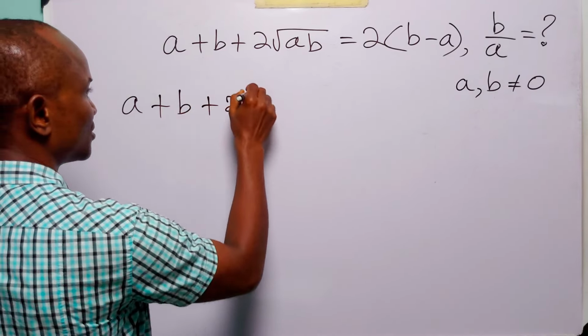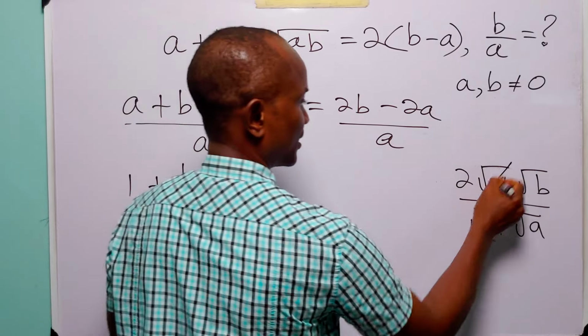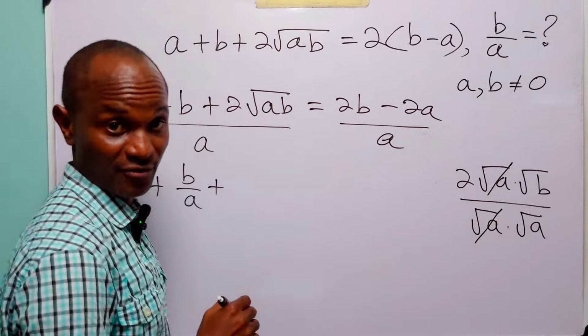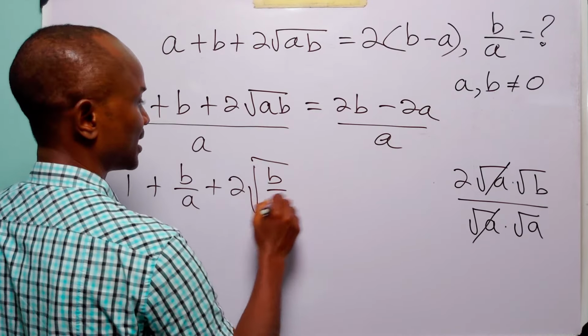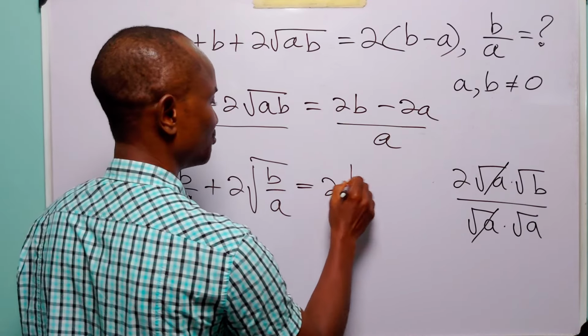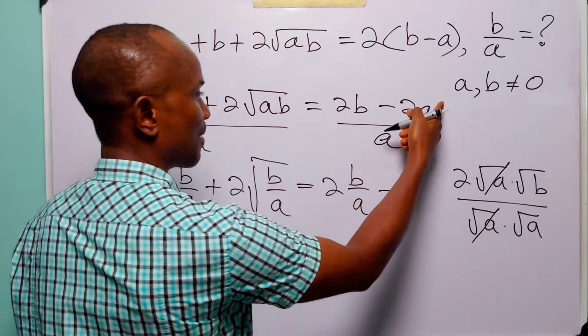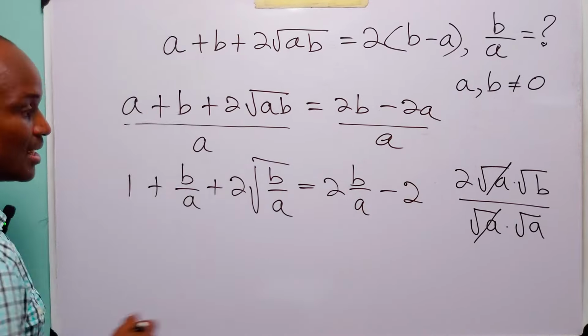Now here we have 2 times root a times root b divided by a. But of course, you know that this can be written as root a times root a. This is going to take care of this, leaving us with 2 times root b over root a. That is 2 root b over a. And this is equal to 2b divided by a, which is 2b over a. And minus 2a divided by a is equal to 2. Now, at this point,